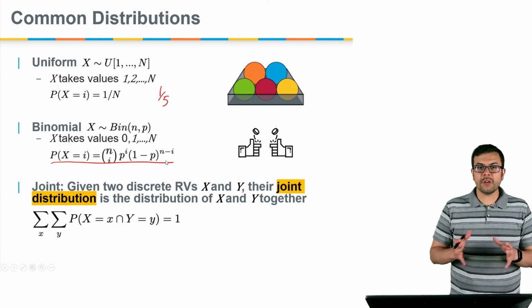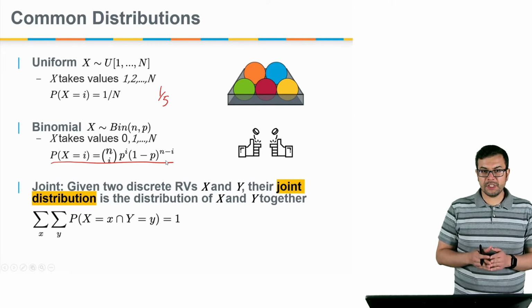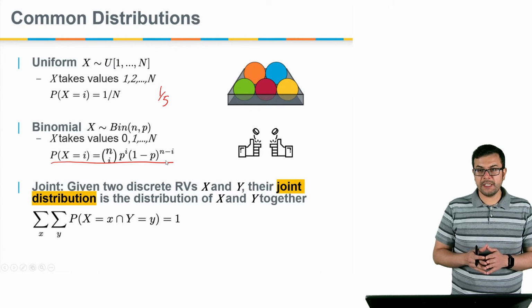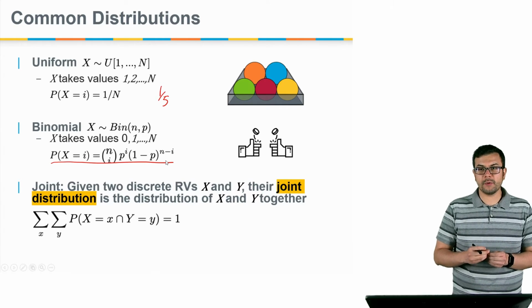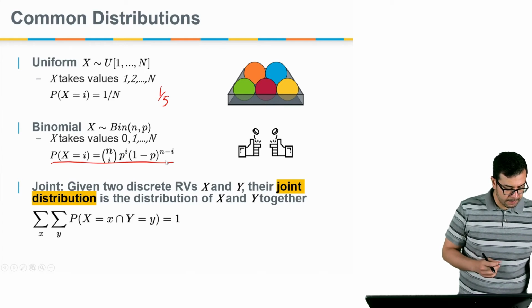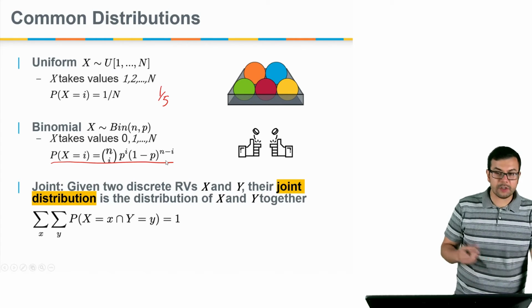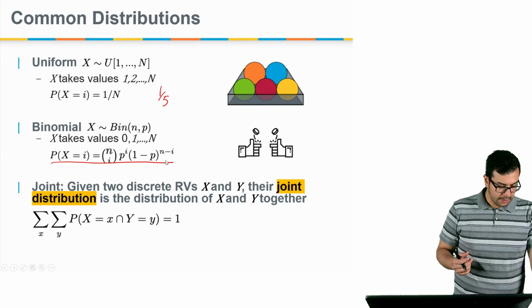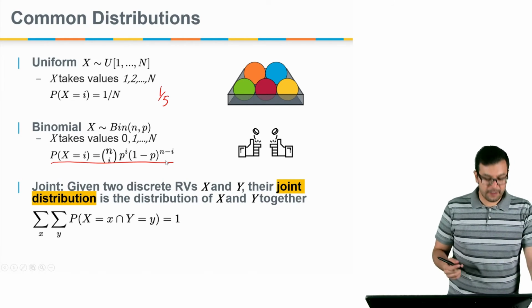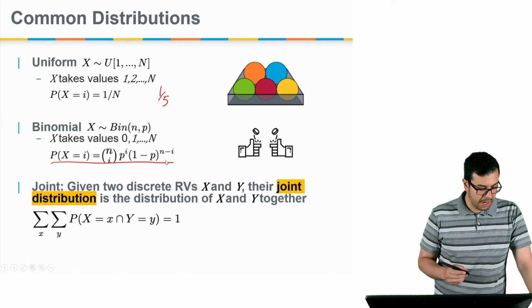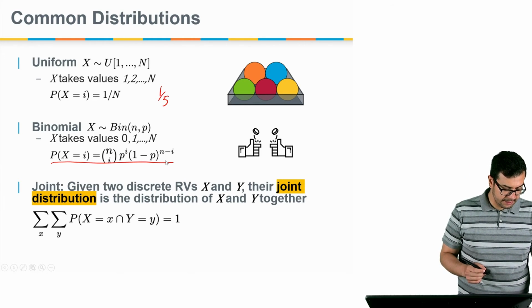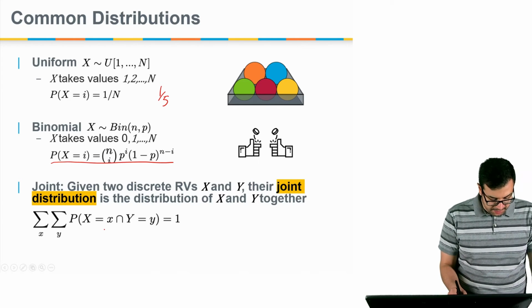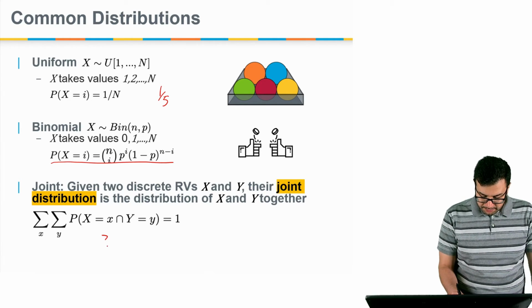If we have two random variables, x and y, that are independent from each other, their joint distribution together is the intersection between those two events happening, and the summation of those two events is supposed to be 1. For example, let's think about you and your friend toss two coins together, you for 50 times and your friend for 100 times. And you want to calculate the probability of you getting 21 heads and your friend gets 70 heads. To calculate that probability, we have to calculate the probability of